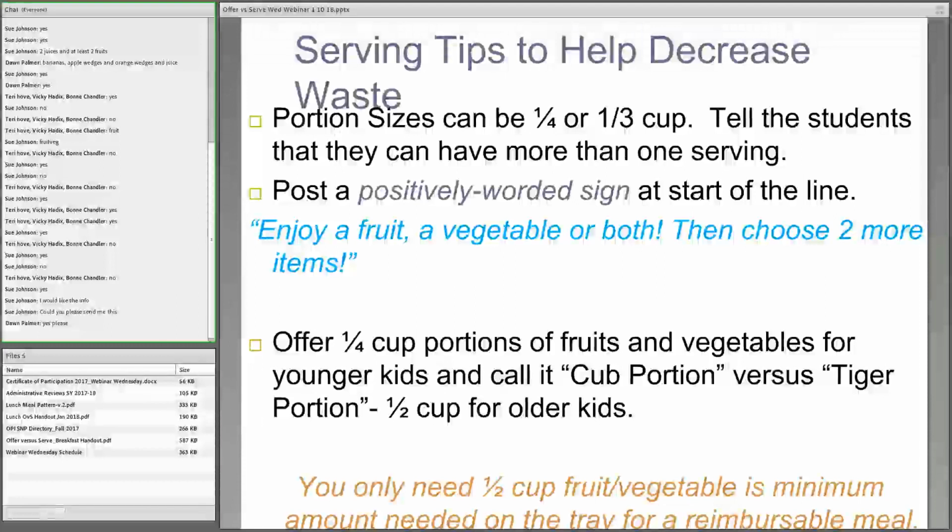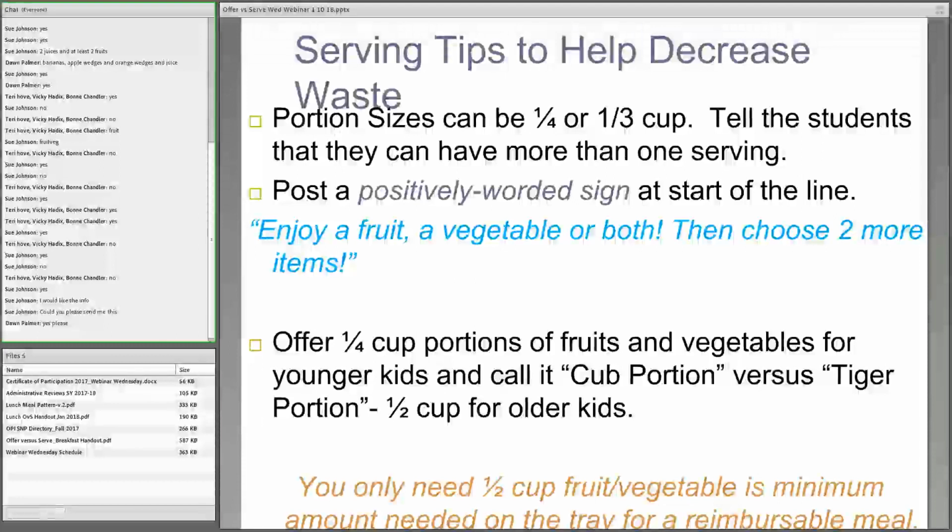What we don't like to see on our service line is a sign that says you must choose a fruit or a vegetable with your lunch. So I know you guys can come up with really positive ways to say that. The other idea, this was actually Katie Bark's idea, from Target Range, Nisi's idea, is to offer a smaller size portion